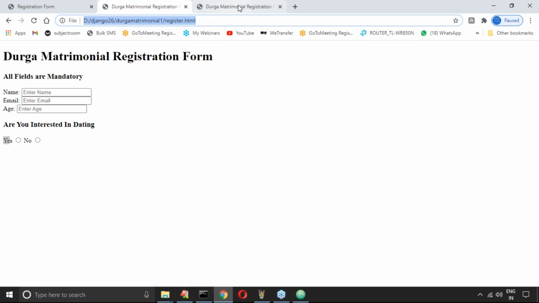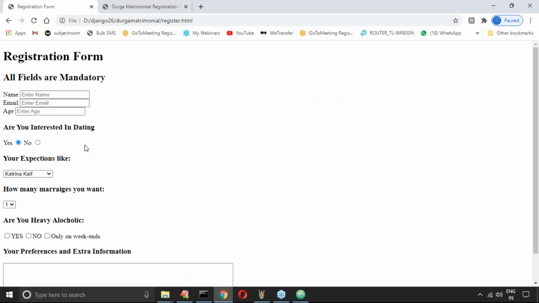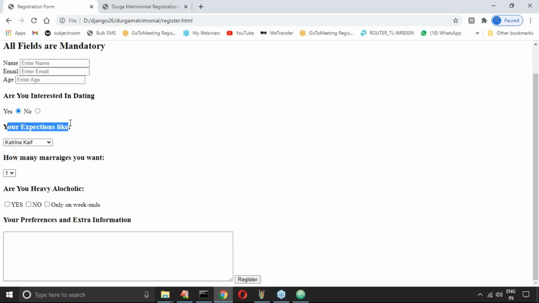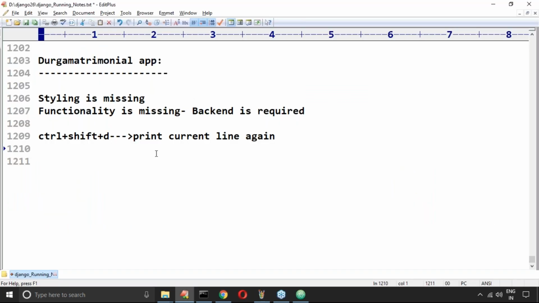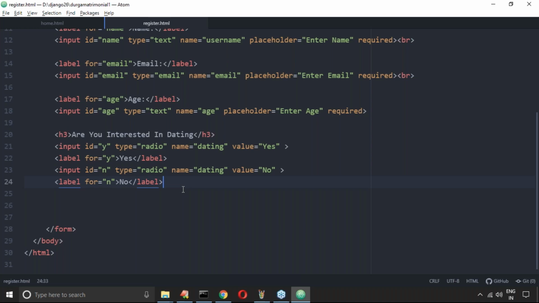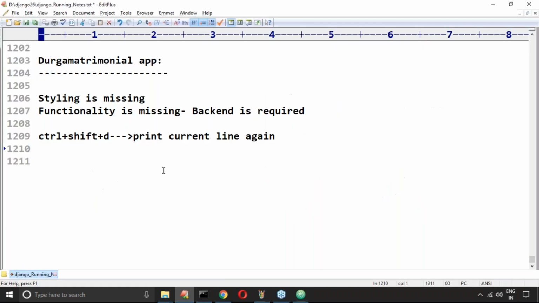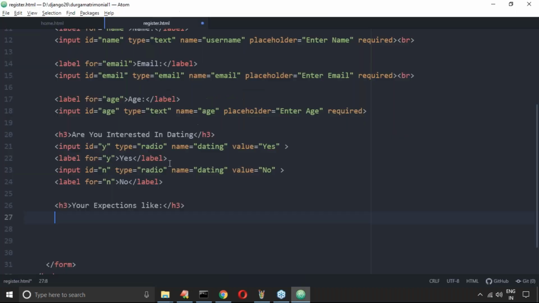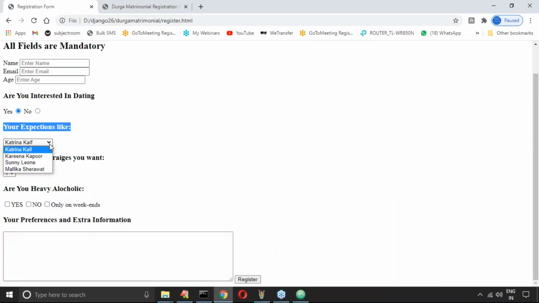Okay, well. Sir, what is the next thing I have to take in our original? So radio button, okay. Your expectations like, okay, maybe let me take the H3 tag. H3 tag, your expectations like, okay, sir, can you please tell what these ones are? Okay, in the HTML, sir, what are these things? Can you please confirm your expectations, what are these things?